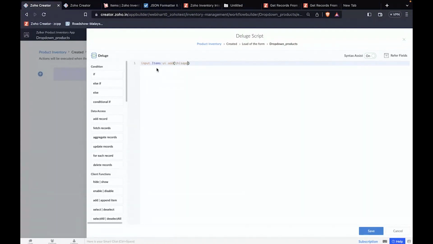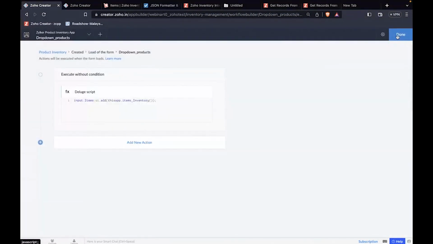So I have add this app dot. As soon as I click on dot, it gives me the functions that is available for me, right? So I have inventory built-in task is one function, other function is items underscore inventory. So I have created this right now, right? So I'll click on items inventory, and I'll save it. I'll close this over here, click on done,